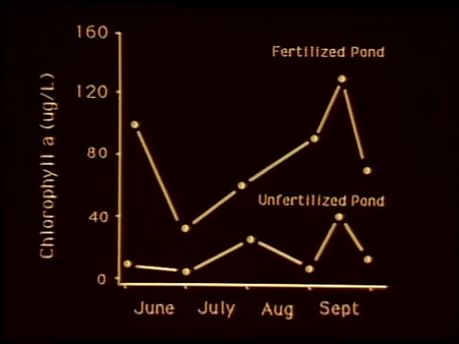Plankton communities are constantly changing in species composition and in abundance. For example, fluctuations in abundance are shown in this graph of chlorophyll A concentrations. As numbers of phytoplankton increase, the quantity of chlorophyll A increases. As shown in this graph, phytoplankton abundance reaches maximum levels in the late summer months. Increased sunlight and warmer temperatures promote this increase in growth. Fertilizer also increases growth, as is shown.